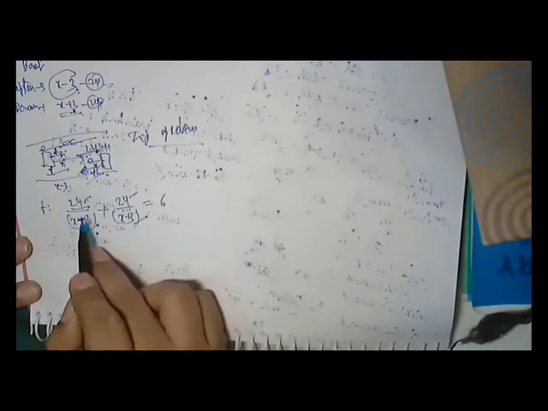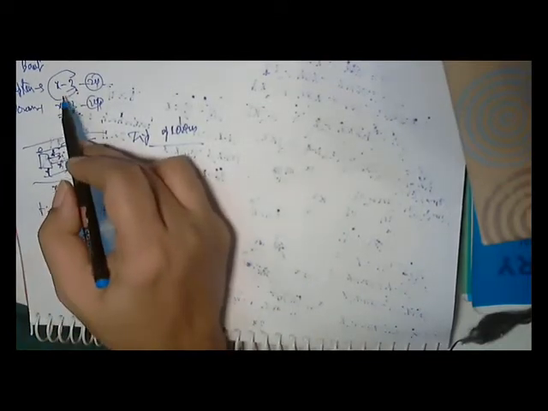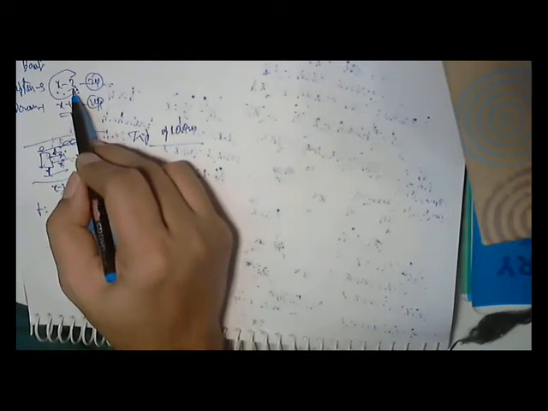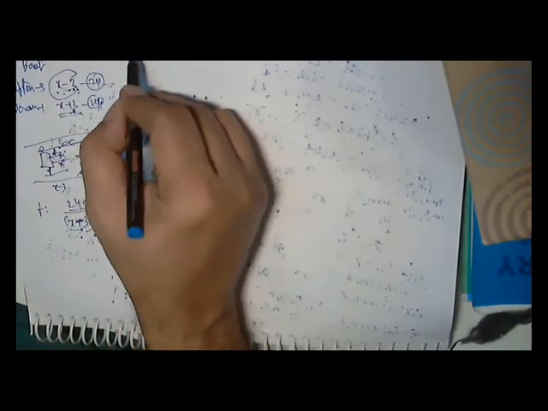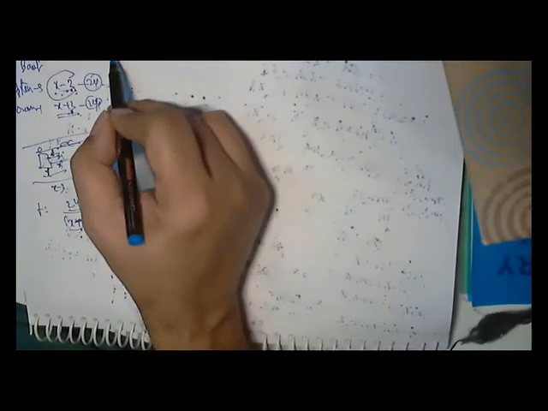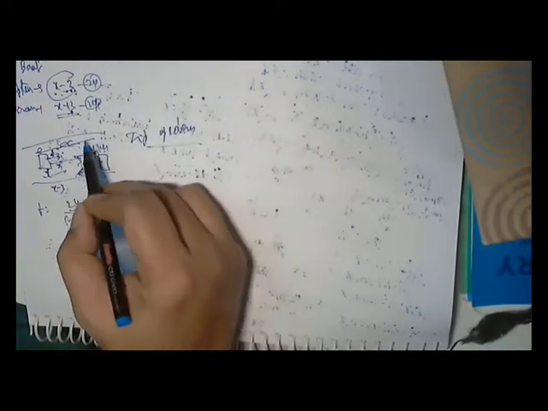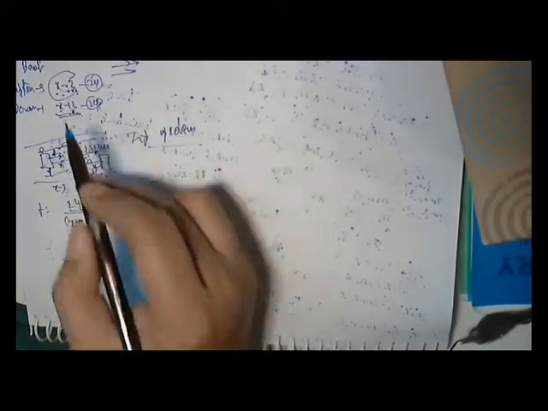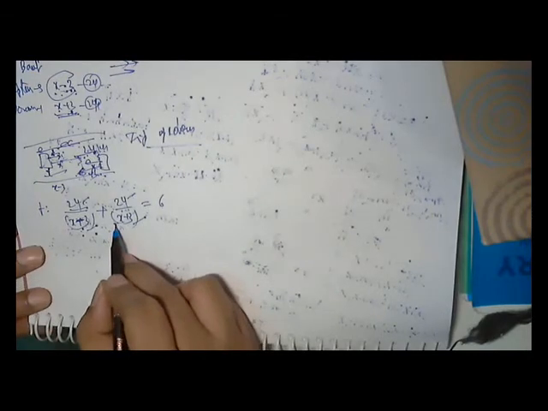So we take 24 by x minus 3 because during upstream the velocity is x minus 3. x is the boat velocity, 3 is the river velocity. They are opposite to each other. If the boat goes like this, it is like swimming against the current. When you are going along the current, your speed is more. Against the current, your speed is less. So let us solve this problem.